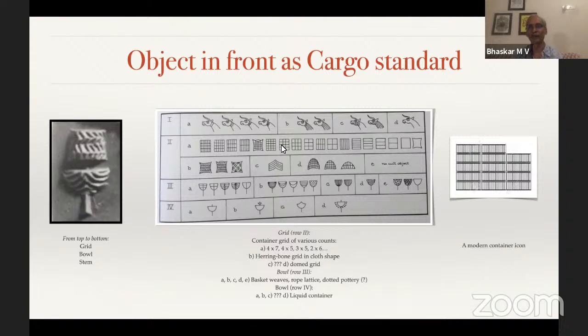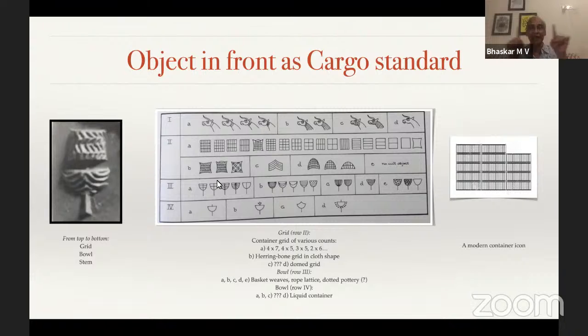And altogether, they represent a stack of something, a grid work of something, a container that has horizontal stacks, vertical stacks in certain numerical arrangement in rows and columns. And in row B, these acquire a slightly different complexity. For instance, you have a herringbone type grid